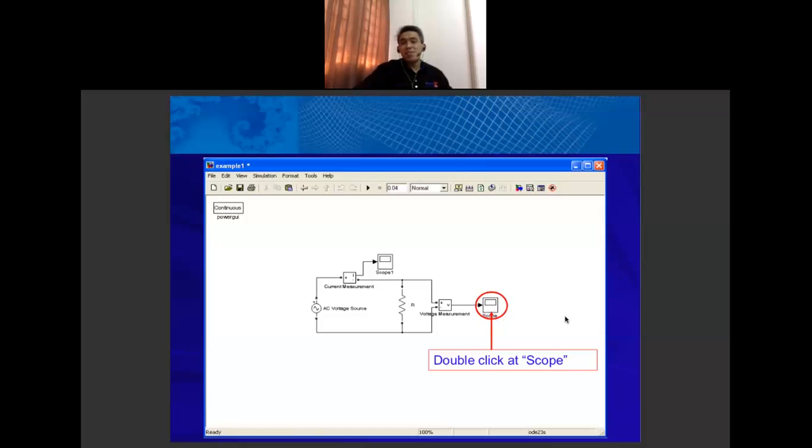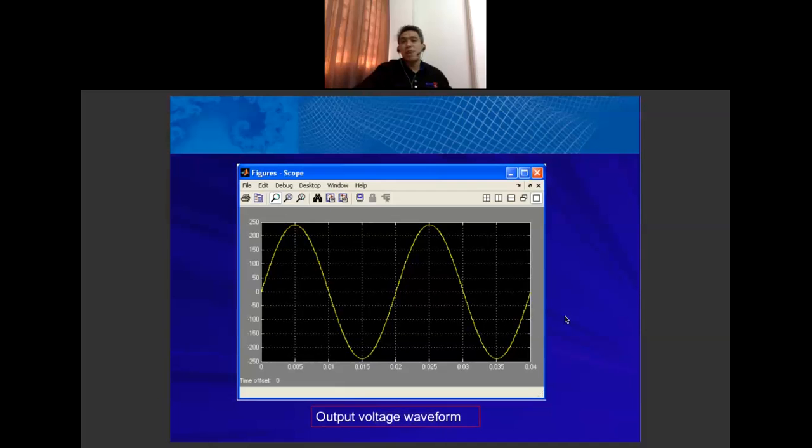For example, if you double click at the voltage scope, the output voltage will appear, which means the voltage across the resistor. This is the output voltage waveform.